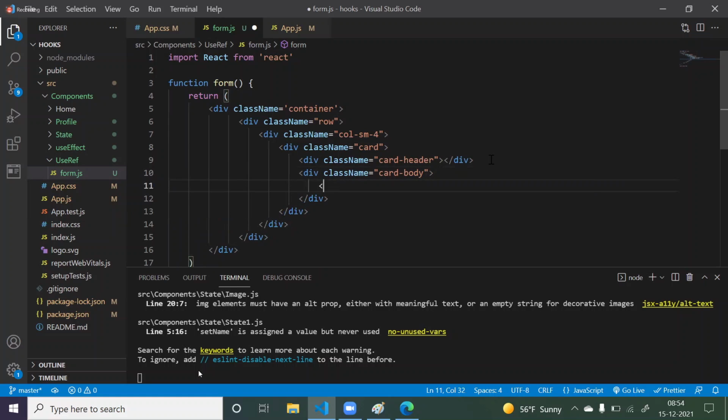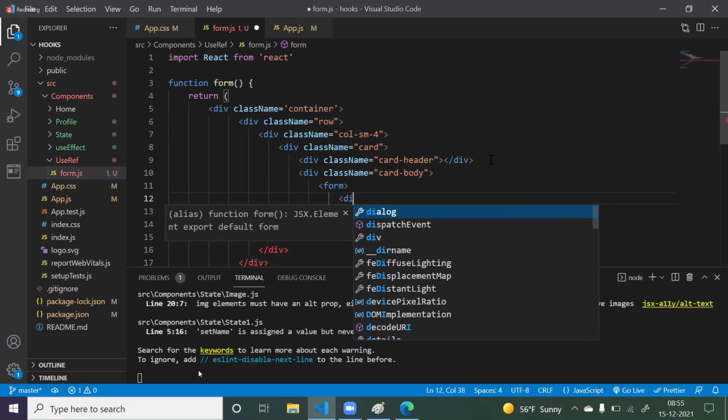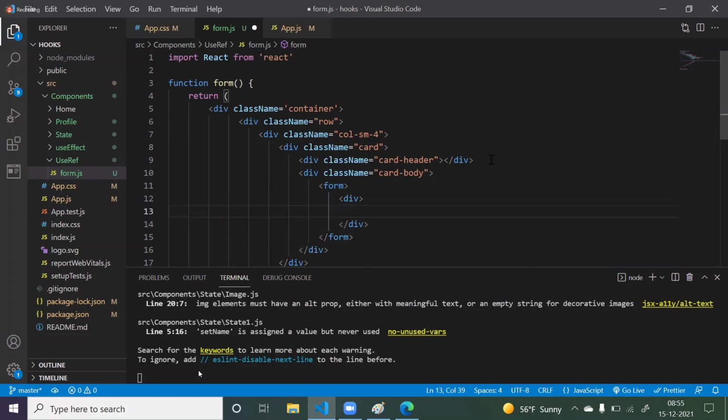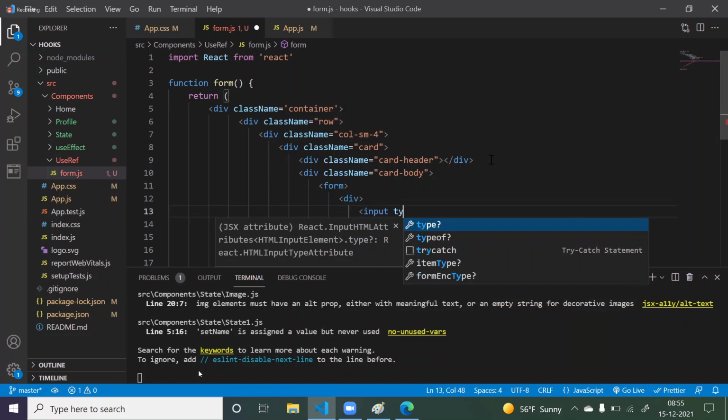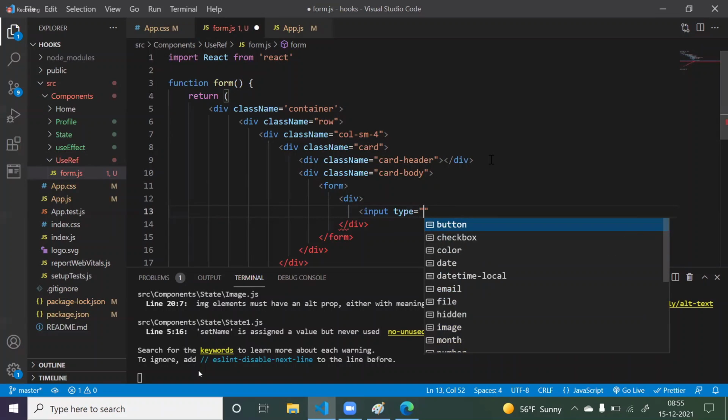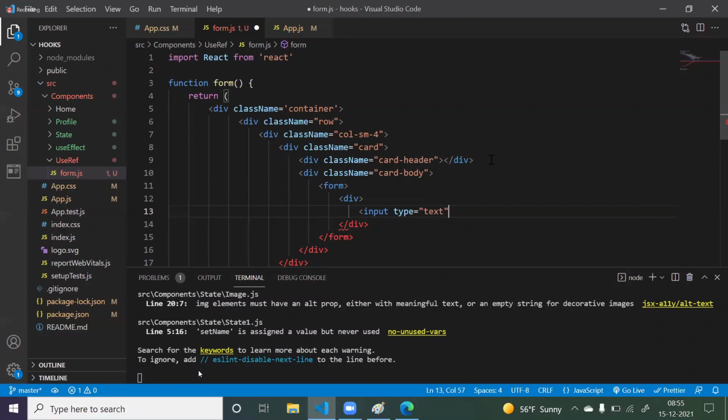Now I can take one form tag and inside one div, and here one input with type equals text. If I want to give some Bootstrap classes, I can give className equals form-control, and for this div className equals form-group.